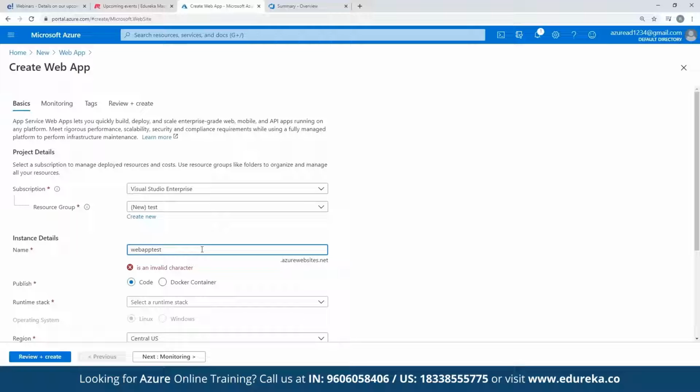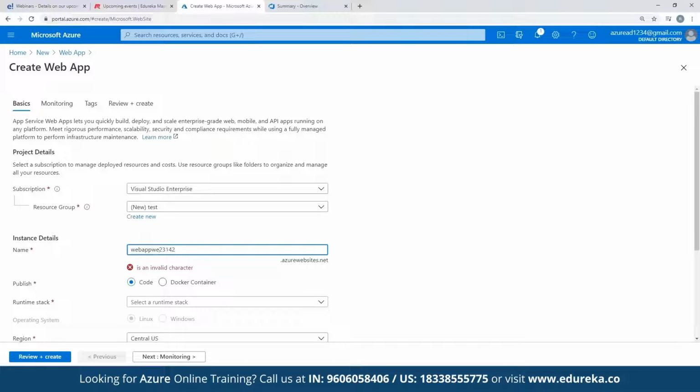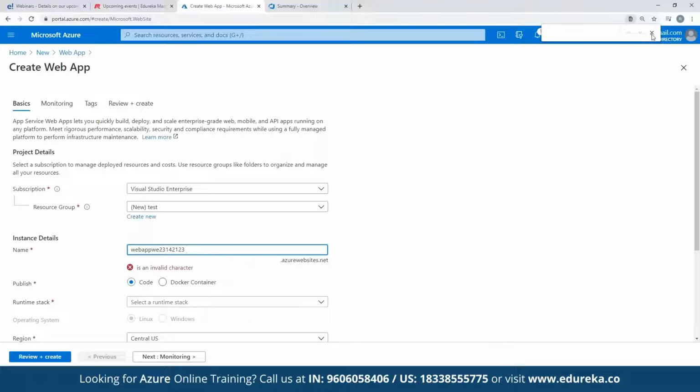It's taking web app edu 987, which is also, oh, I think we have an invalid character here. Let's see, which name is not taken? The name must be at least 2 characters. Okay, web app. We've created a resource group, and I'm not sure why it says invalid character. One second.